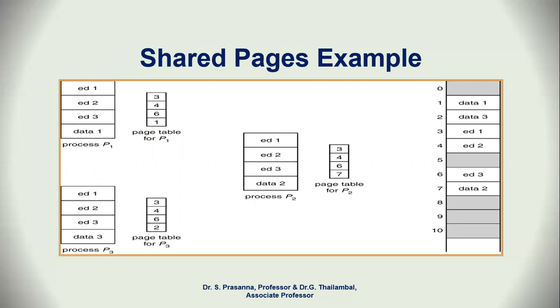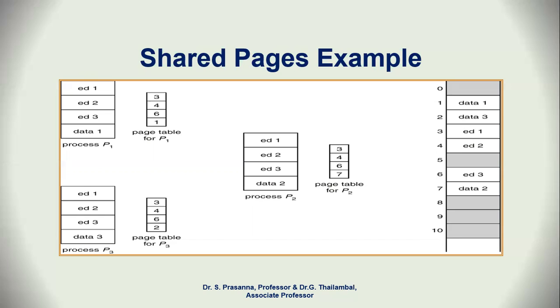In process P1, you have 3 editors and data 1. You can see the corresponding page table for P1, that is 3, 4, 6, 1, which are the frame addresses: editor 1 in 3, editor 2 in 4, editor 3 in 6, and data 1 in frame 1. Okay. And when you go to process P2, editors 1, 2, 3 are the same and data 2